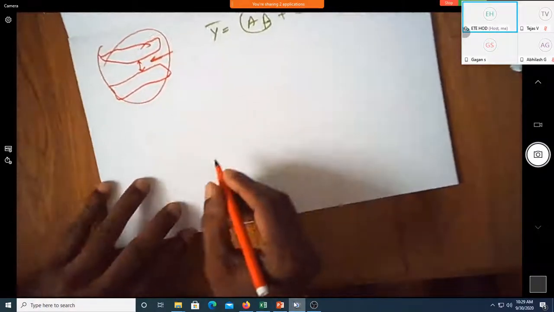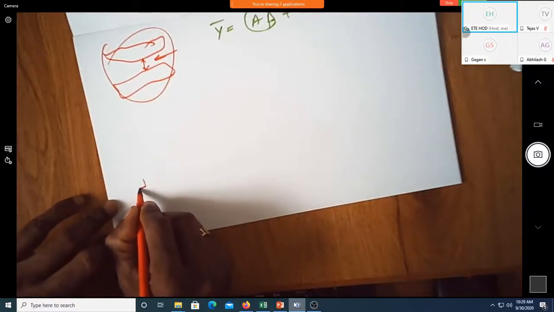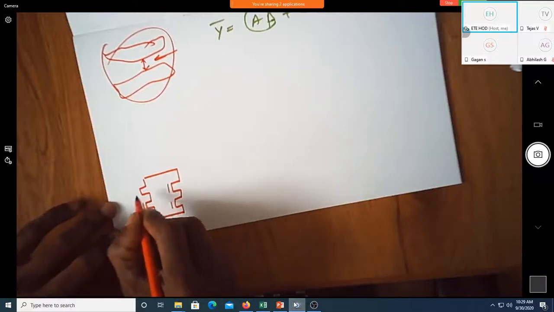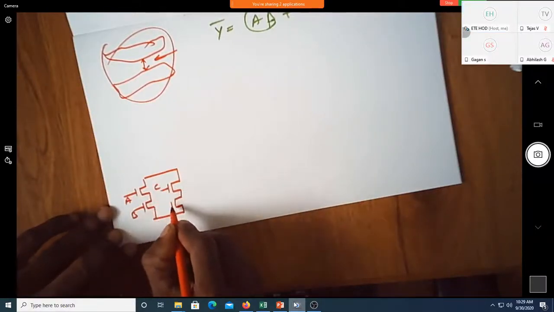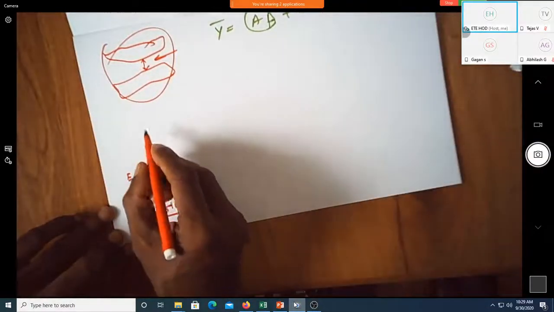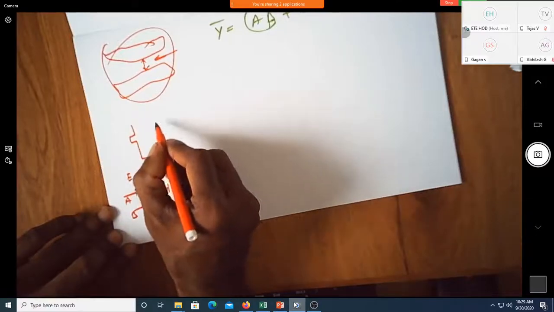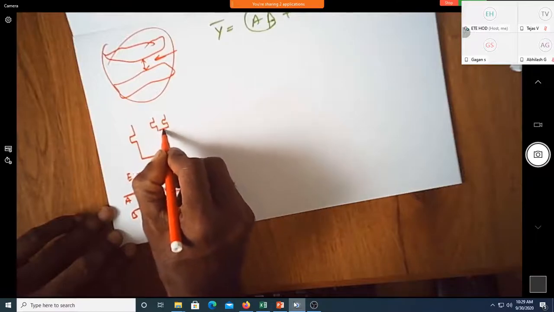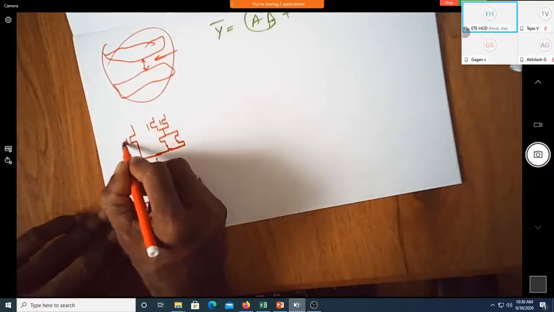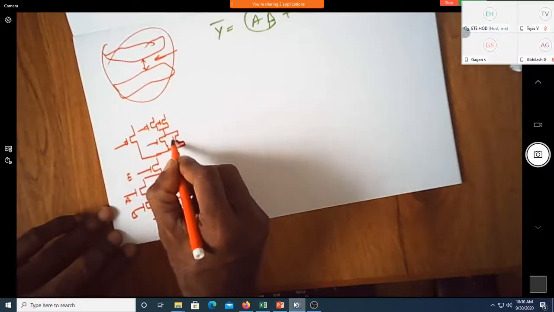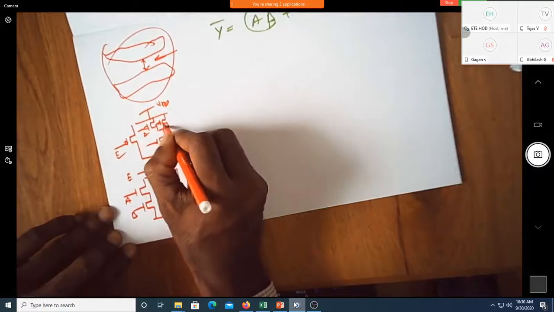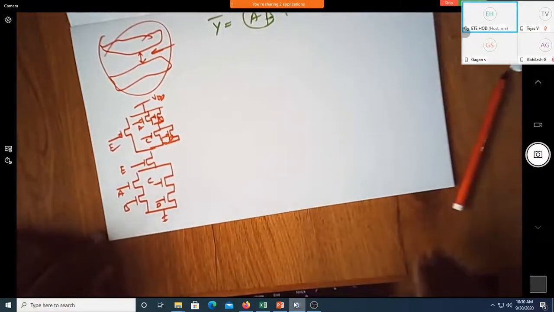So we can draw the pull down network. So pull down network using NMOS would be, you have this, this E, A, B, C, D. Is this my Y bar?